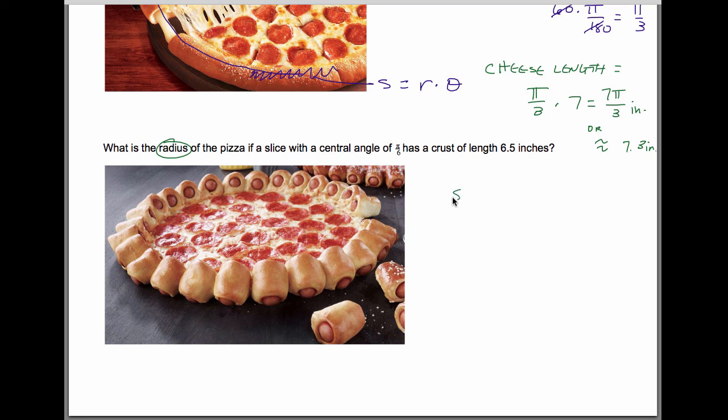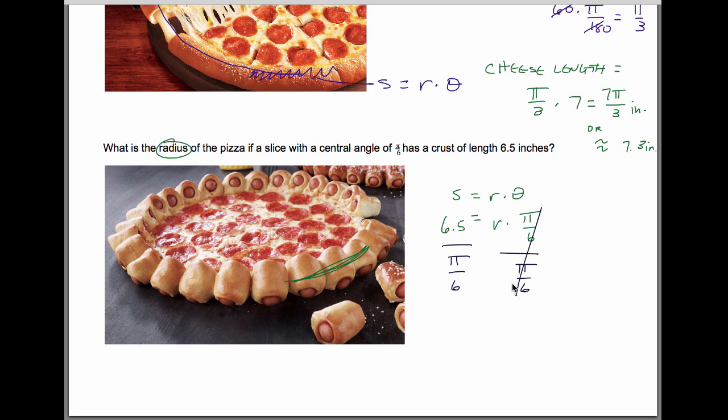So I'm going to start out with my formula: radius times theta. I know the central angle is pi over 6, and I know the crust length is 6.5 inches. That's this part, that's my S. So 6.5 equals radius times pi over 6. This is just an equation that I'm setting up. And if I go ahead and divide by pi over 6 on both sides,